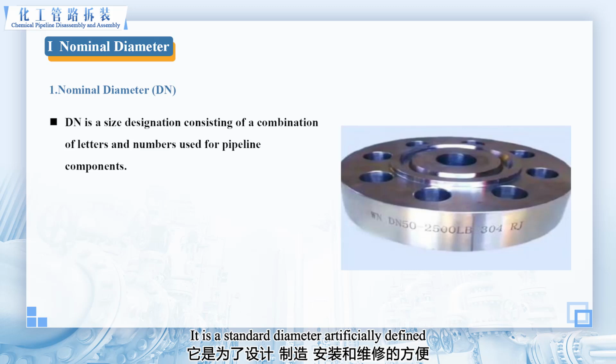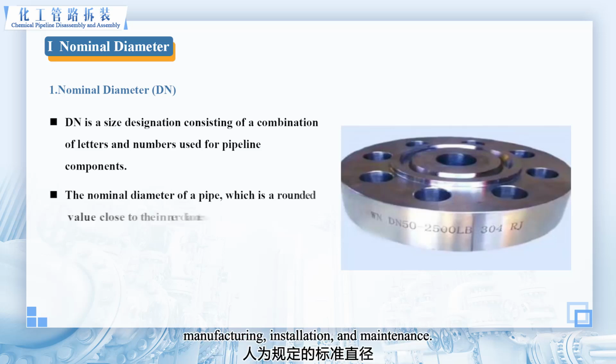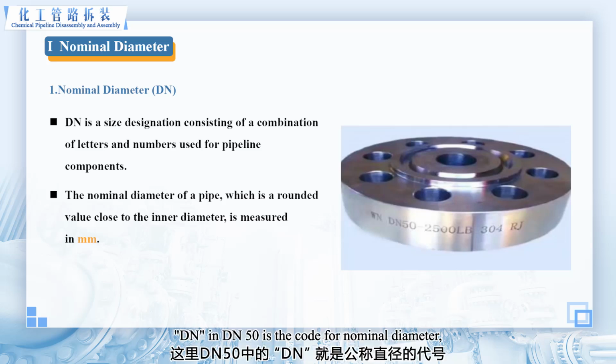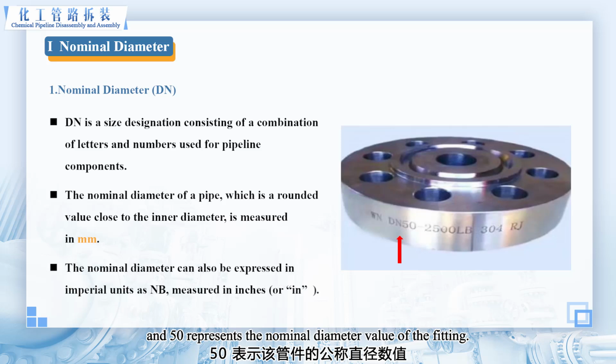It is a standard diameter artificially defined for the convenience of design, manufacturing, installation, and maintenance. The unit is generally millimeters. For example, for common flange fittings, DN in DN50 is the code for nominal diameter, and 50 represents the nominal diameter